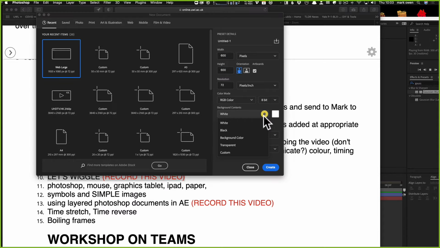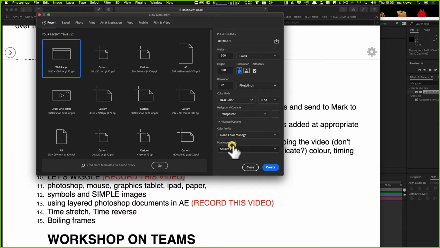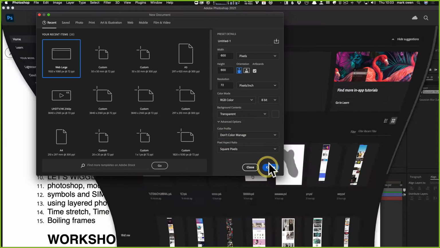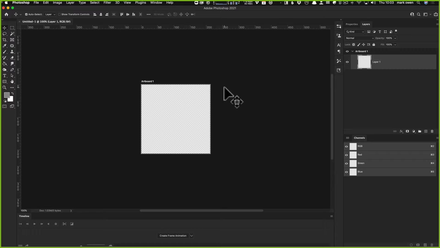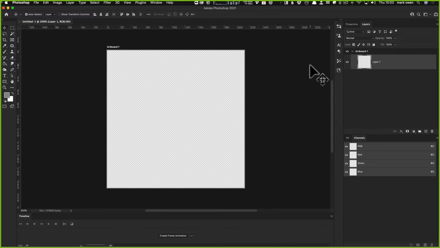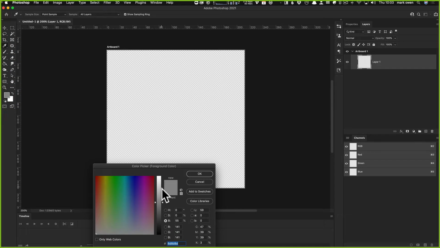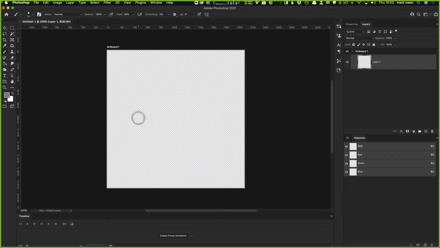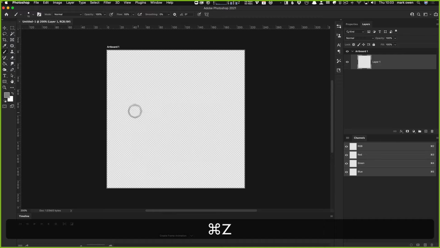And I'm going to say transparent, okay, create. So here is my document, and you can see on the layers, it's just got one layer and it's completely transparent. So what I'm going to do is get the brush, and I'm going to choose a grey. We'll come to why grey in a second. And I'll just test this. That's about the right thickness. So I'm just going to write